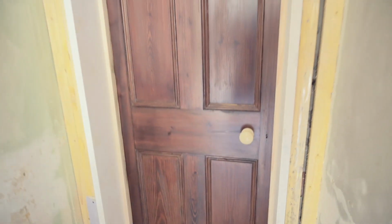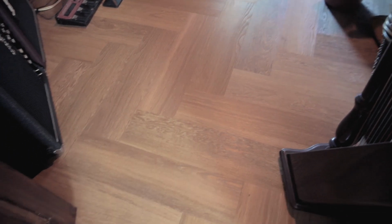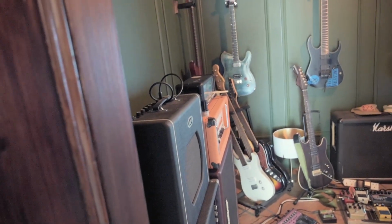flooring, which, if you can't remember what it looks like, what I'm about to show you in the guitar room, which we still need to do a kind of unfinished video on. But as you can tell, where the door is finished, this whole area is also getting reworked at the moment, opening everything up, and our original exterior wall, because we're currently in the extension built in what we believe is 1977. So this flooring, the Condine golden oak herringbone, and this is a kind of a peek of what it looks